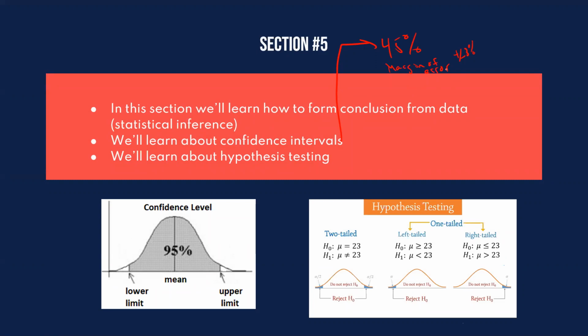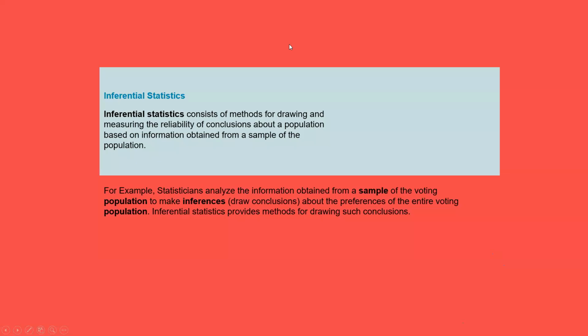Yeah, that's not a made up number. That's a statistical calculation, and I'm going to show you where those come from and how to calculate them. We will actually replicate some polls you see in the news and verify their data. Then we'll learn a process called hypothesis testing, which will show us how to take raw data and answer a research question. And this last section, section 5, is inferential statistics.